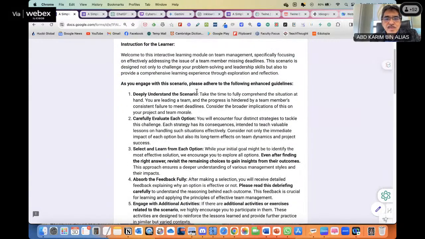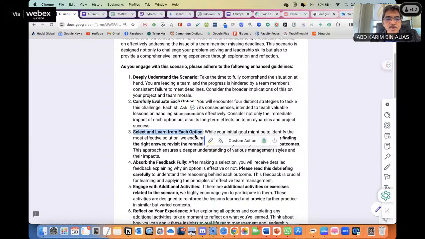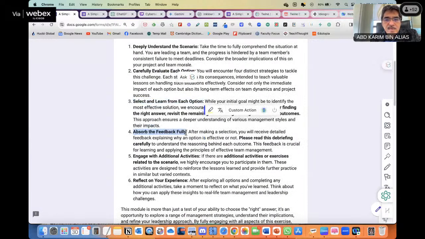As you engage with the scenario, please adhere to the following enhanced guidelines. Deeply understand the scenario, carefully evaluate the options, select and learn from each option, absorb the feedback fully. After making a selection, you will receive detailed feedback explaining why an option is effective or appropriate or not appropriate.